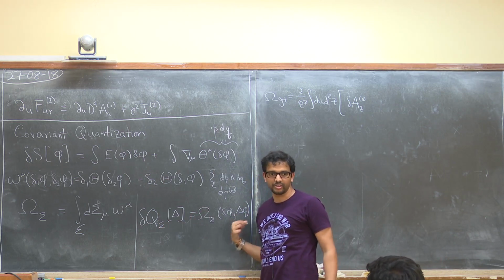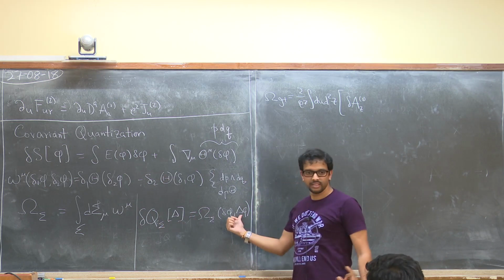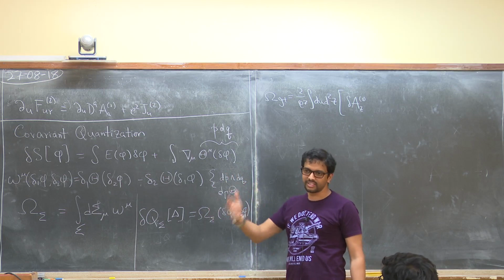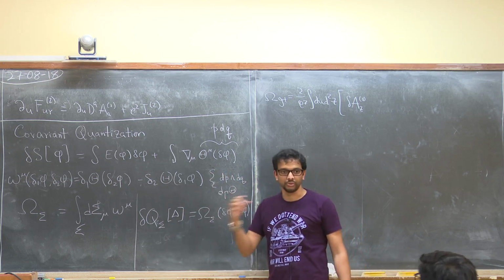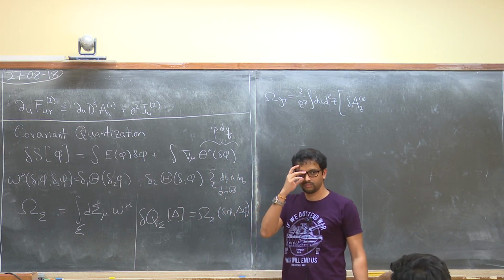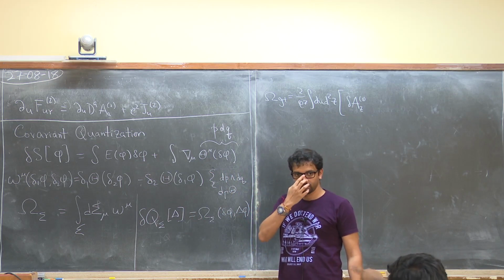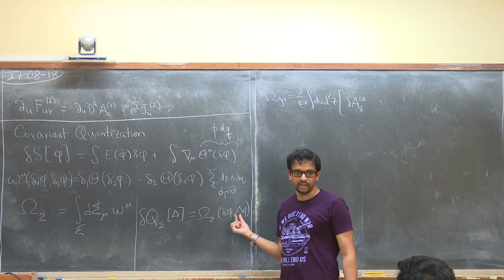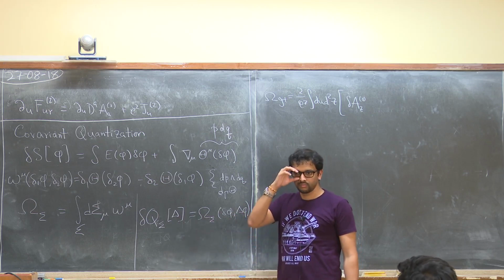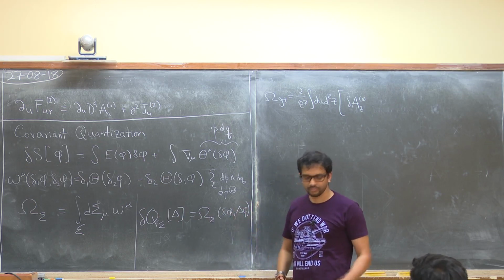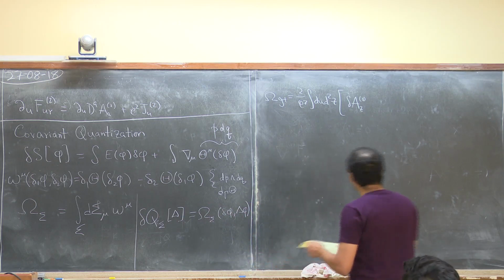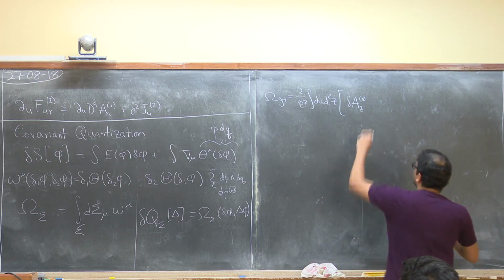So for each arbitrary variation, capital delta is the symmetry, or not necessarily symmetry, but the transformation that you would like to generate using this quantity q. The particular parameters of that transformation will be all inside capital delta. So here we'll want to write down the charge when delta is a gauge transformation. So this is what it looks like.